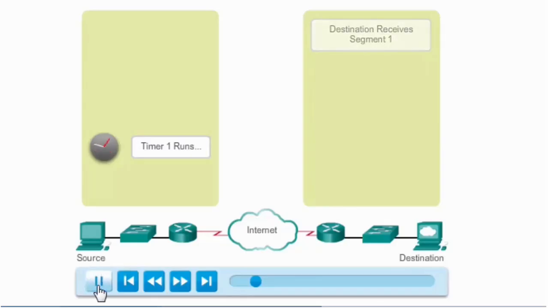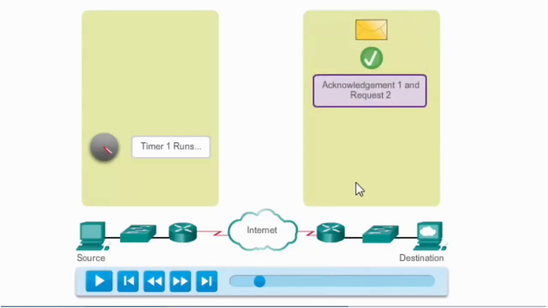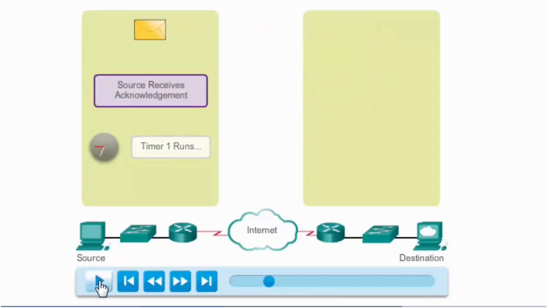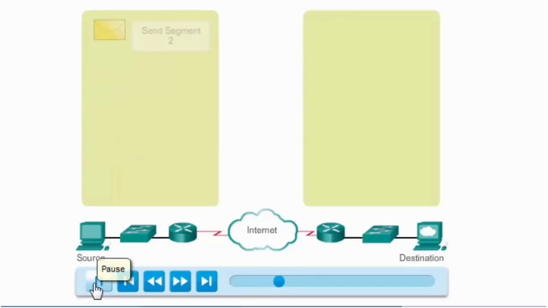Let's see what happens. We can see that the destination host has received segment 1, acknowledges the delivery, and is going to send an ACK2, an acknowledgement 2, requesting number 2. Why? It received 1, so it sends a request for 2 in an ACK2. So we'll see that get sent. All right, there goes the acknowledgement. The source receives the acknowledgement before the timer expires and now can send segment 2.